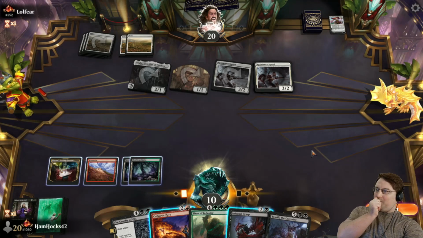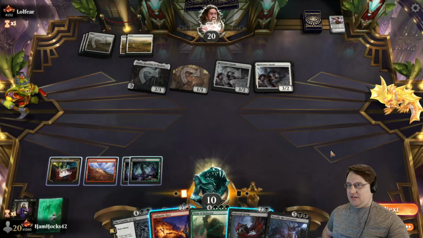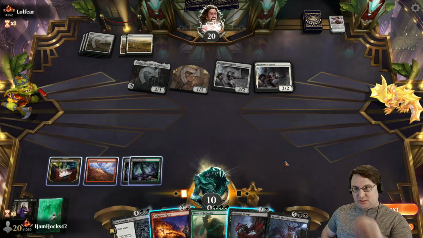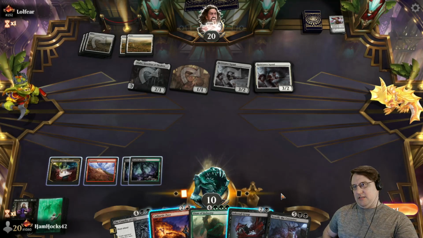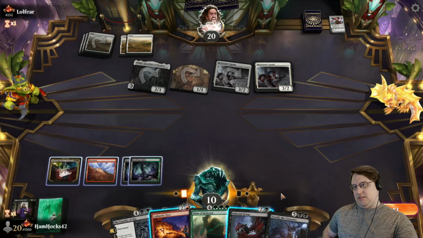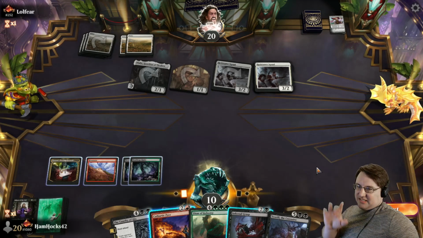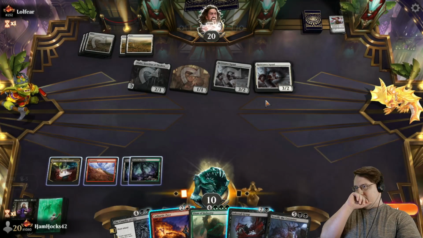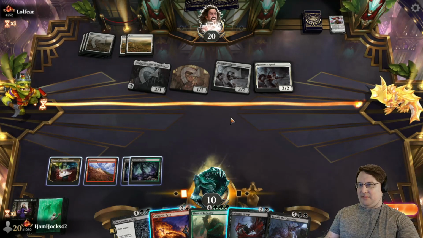I'm tempted to dump Toxrill here. They have 6, 7, 8, 9 damage coming back. If we draw into 2 lands, we could potentially... So here's my thought. If we dump Toxrill right now, because we have a Titan in the bin, we're going to draw 2 cards. We might be able to get...